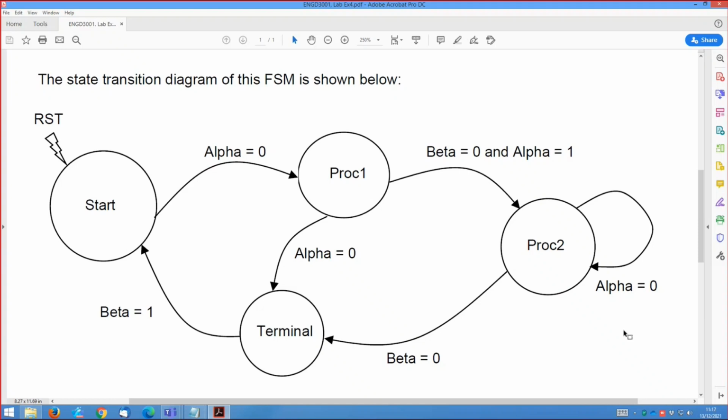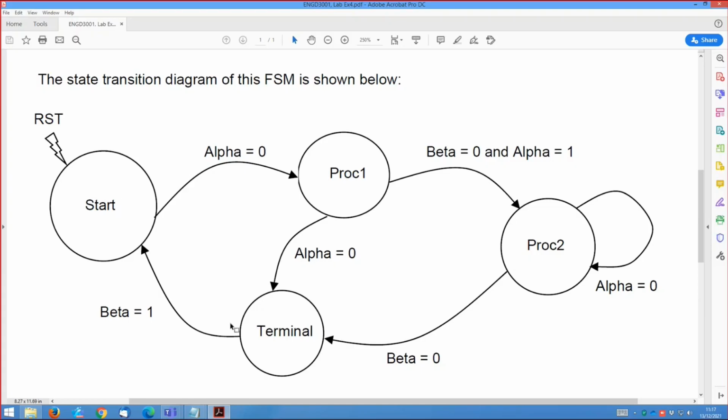So start by writing the VHDL code for the finite state machine. That would entail creating a new project. You can call it lab exercise 4 or lab 4 or whichever way you like. Then create a new VHDL module, call it FSM. Write the VHDL code using the recommended two-process approach as per our lecture on finite state machines. Check for errors. Once you're happy with it, then add a graphical test bench and perform a simulation showing how